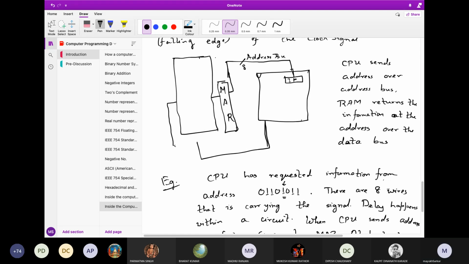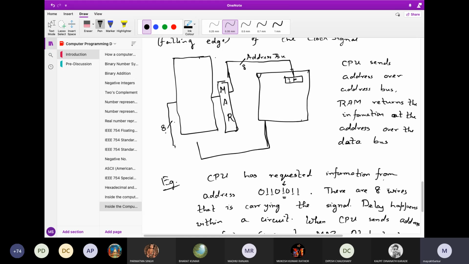Similarly, when the data goes, today's RAM sends information in 8 bytes together, that means 64 bits together at once. All the 8 bytes go at once. Okay, so depending upon that, these 64 bits, or if we consider our 8-bit machine scenario, these 8 bits will come out